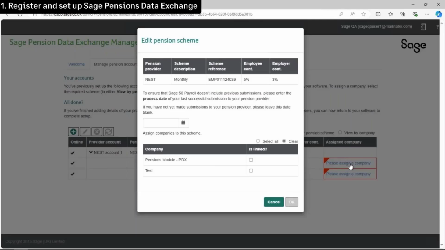it will then show you the scheme details at the top. There'll be this box in the middle. Now, it's really important that if you've been previously sending your pension data using another method, maybe manually or file upload, that you put a date in this box. The date that you enter here will be the last date that you did a manual submission for, and it just means that PDX can then pick up from that point,